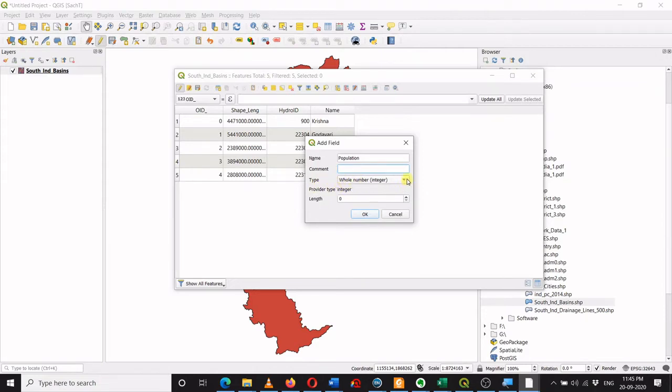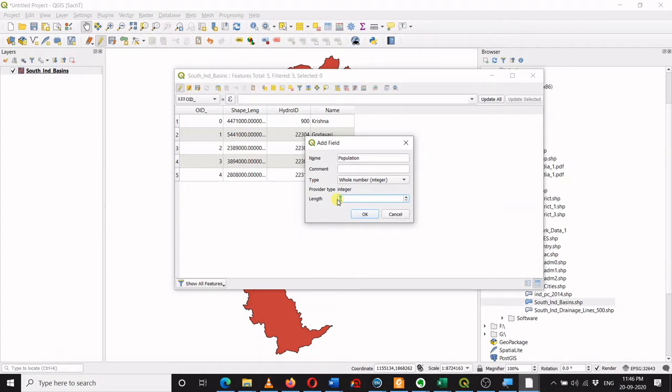So data can be of different formats. For example, it can be a whole number, a whole number with 64 bits, a decimal number, text, date, or date and time. I know my population will always be a whole number, so I will select whole number. Then it asks what is the length of the variable. Here the variable is population. The length of the variable means how many digits it should allocate to store the value.